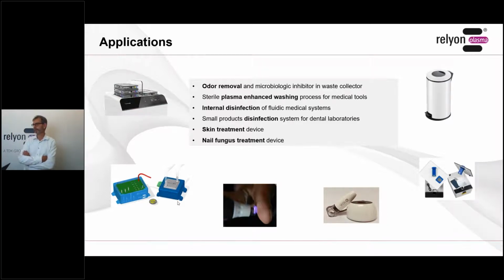Okay, and is it possible to combine the plasma with the liquid chemical to activate maybe a big space or a room or some huge equipment? That is in fact possible, and one very efficient way that we all know is really the control of the dew point. So even if I have a huge surface and I have a very